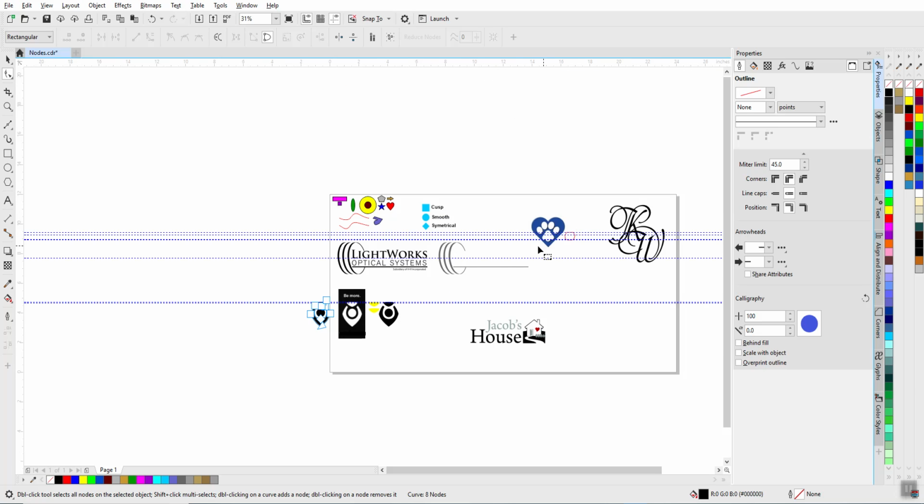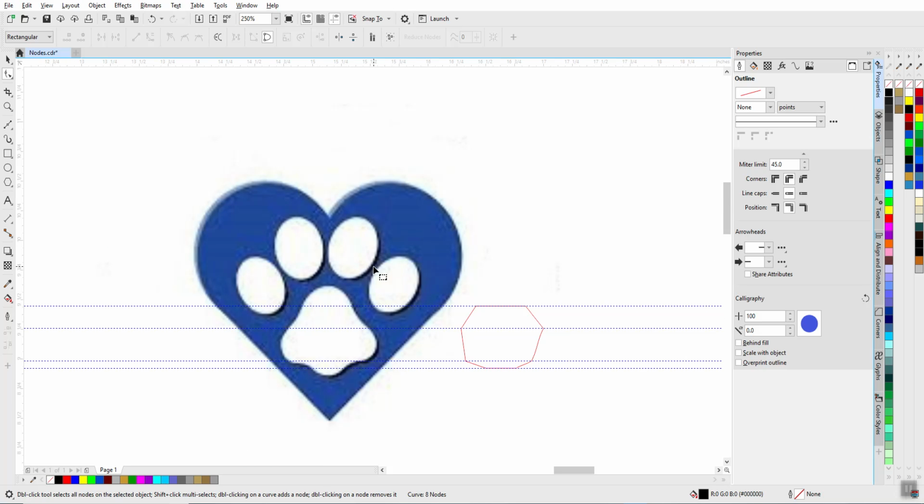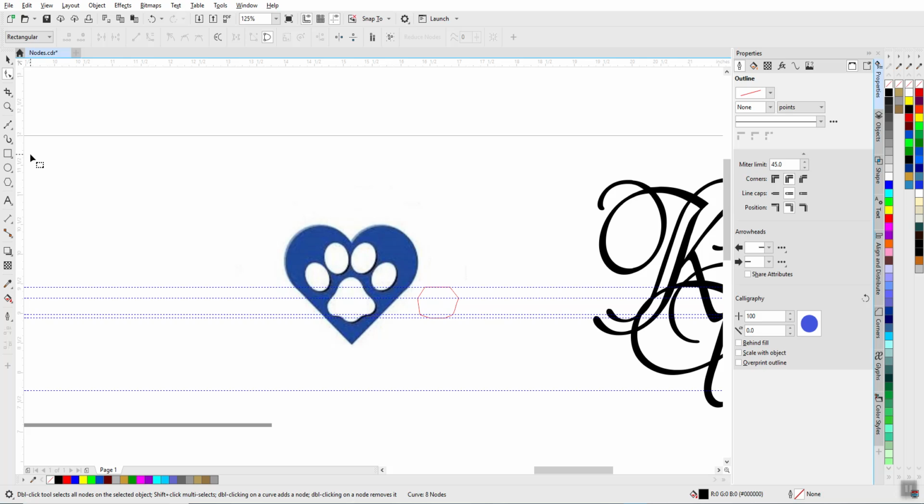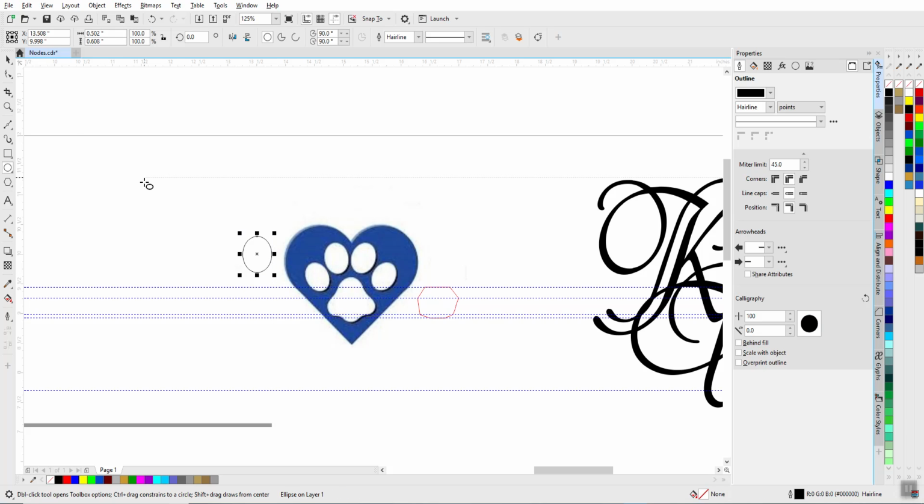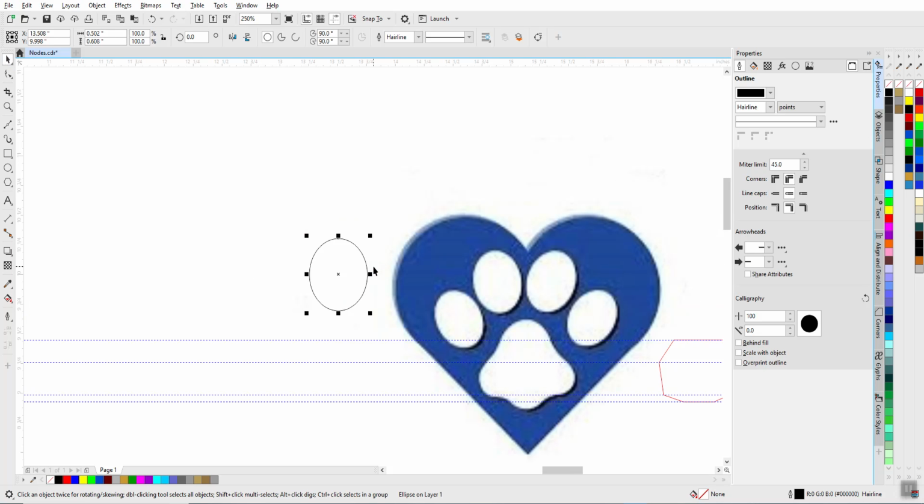So let's go up and let's do one more thing here. Again, I just want to mention the perfect shape tools. Don't spend time creating objects, tracing objects, or drawing objects that you have a shape tool for. So I've got a shape tool for the ellipses or circles. I've created an ellipse a little big,